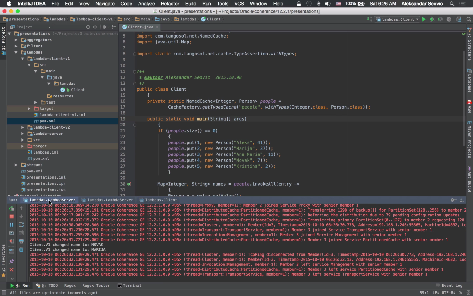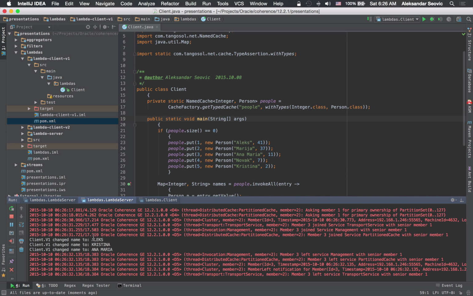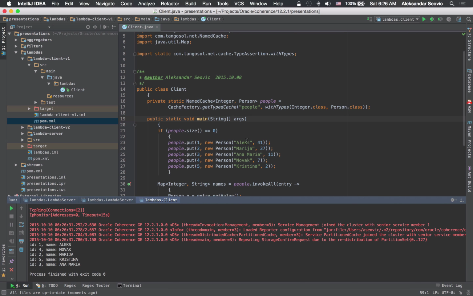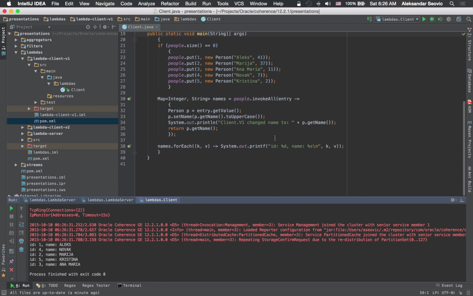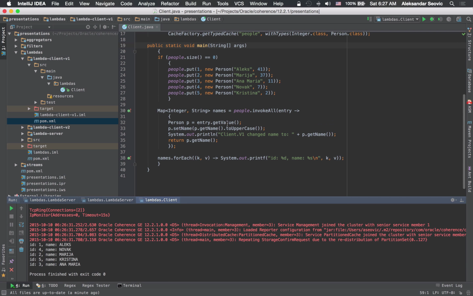Now, if we look at the server logs, we can see in the server that client v1 changed name to Novak, changed name to Mario, everything is uppercase. The other server, the other 3 names were changed there. So it really depends where the data goes. I mean, it's partitioned, but each server responded to the entry processor that we sent. But now let's make this more interesting. So we still have the same client, we still have the same entry processor. Let's actually change